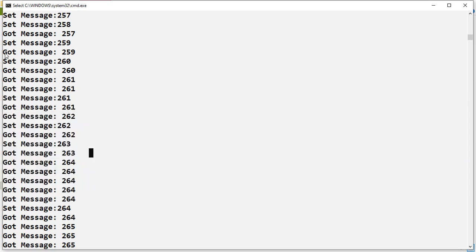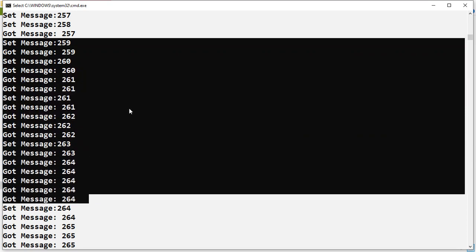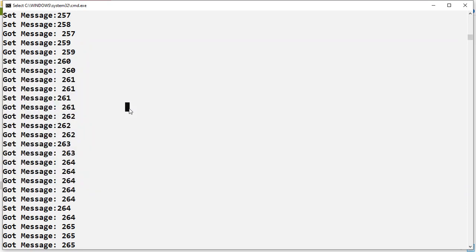So that means we need to revise our code, even though our code looks good. We may think this is the correct way of writing, because we have written a monitor with some synchronized code in it. But actually, once the producer produces, then the consumer has to consume.